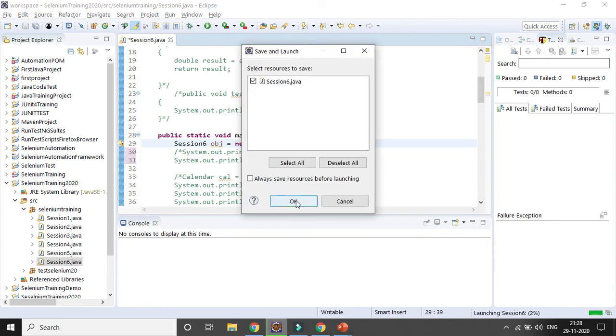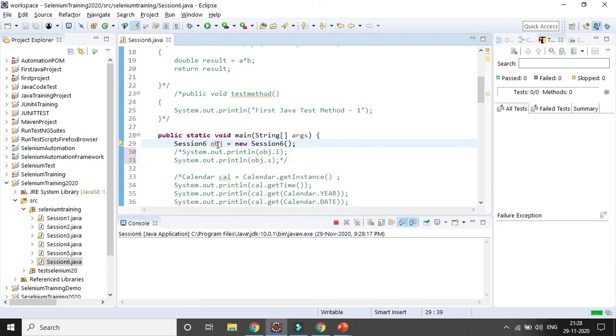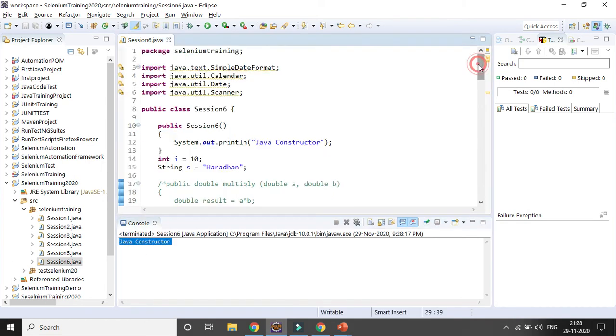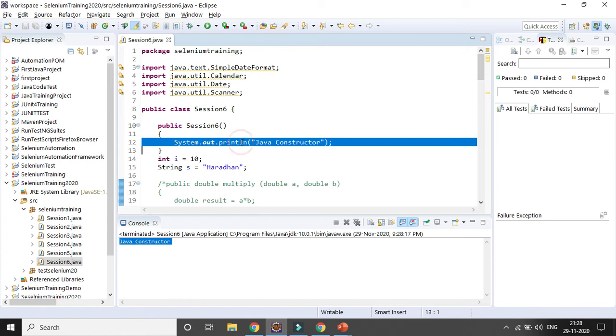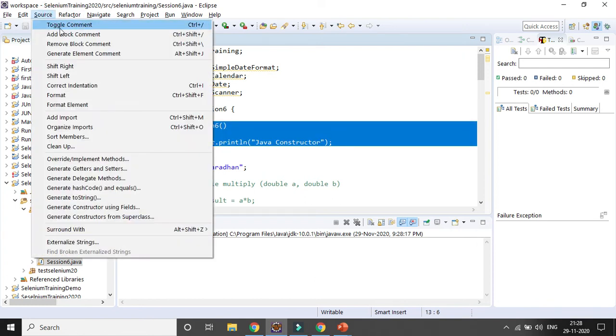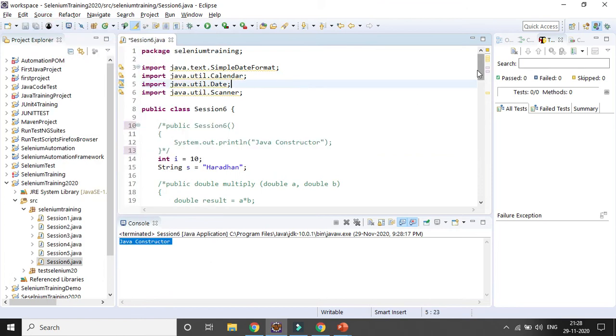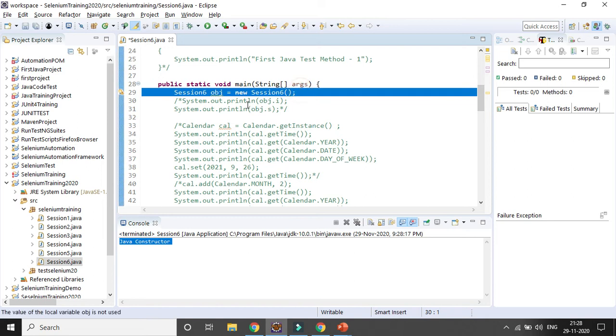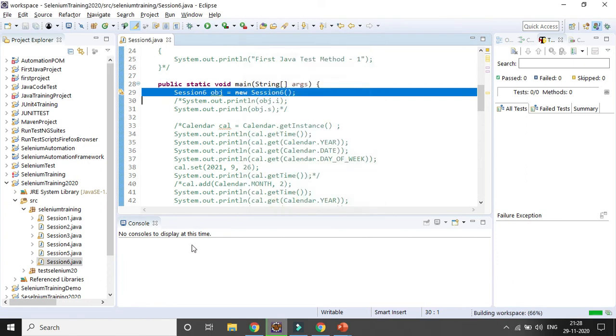I have simply created the object obj, and you can see the output is coming because of the constructor. If you comment out the constructor and create the object or instance, nothing will be displayed unless you call some variables or methods available in the class. It will not give any output.